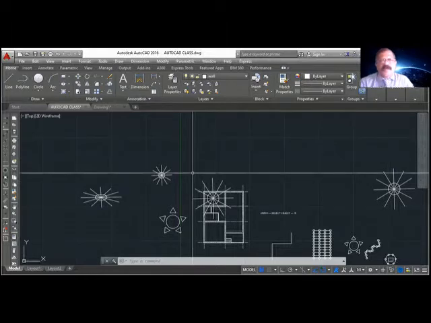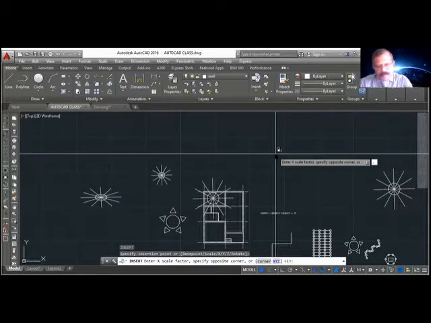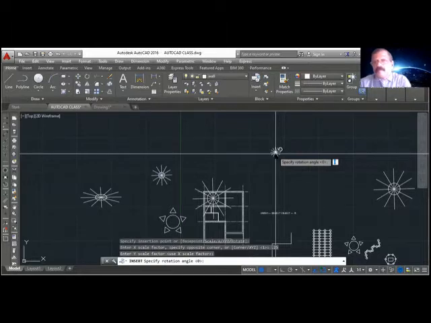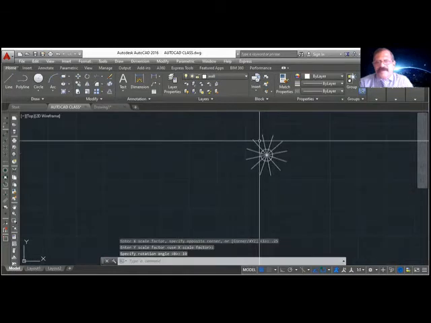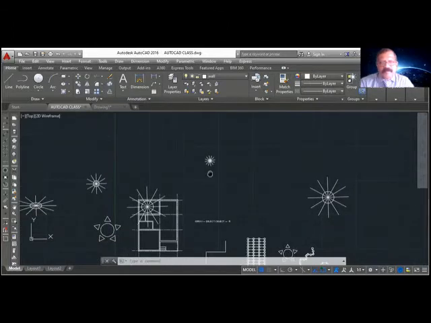Insert, I for insert. Now I will switch on the rotation also. Since it's a circular object, you don't find much difference. But if it's a rectangular object, then definitely rotation can be used. Okay, if I use rotate object, X scale 0.5, 0.25, Y scale same, enter. Angle, I will say 10 degree. So it rotated a little bit, but we don't understand the difference because it's a circular object. So that's how we use the insert command.